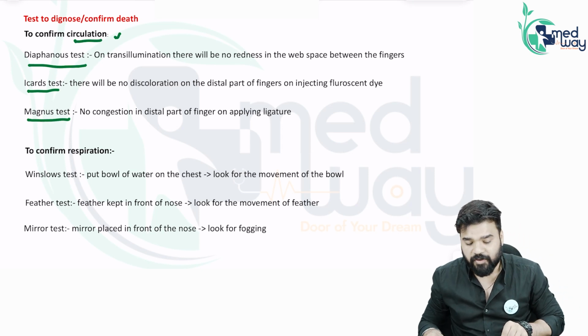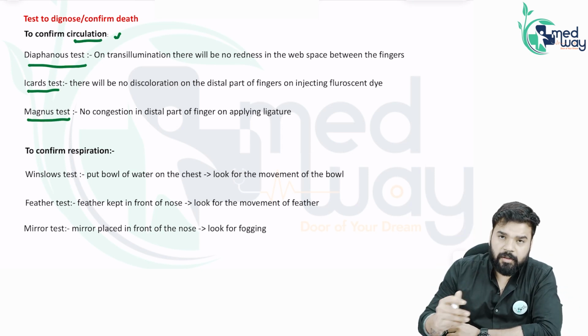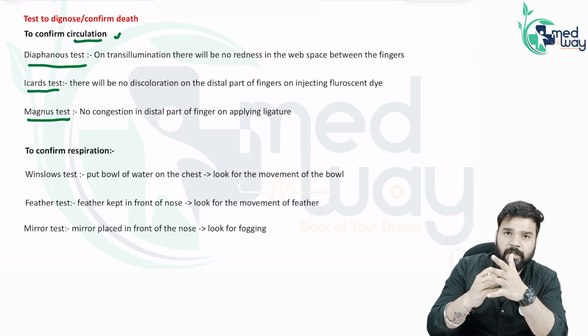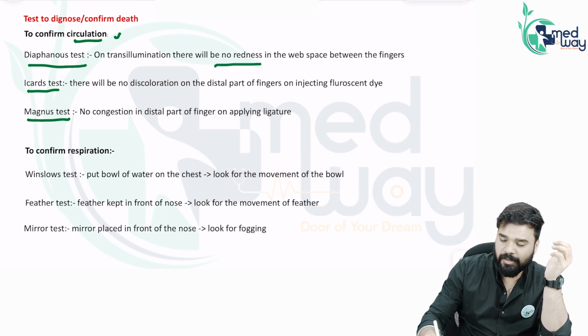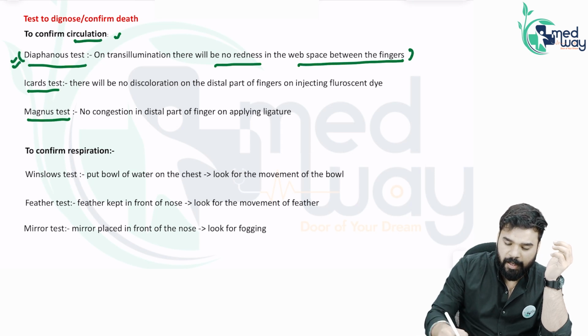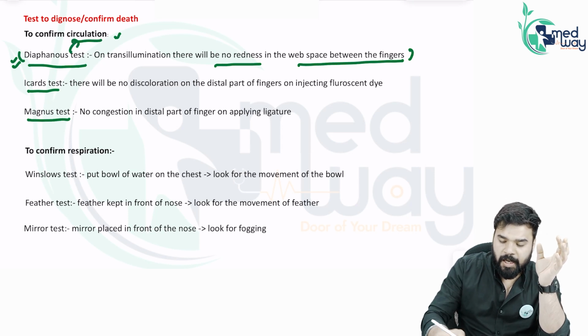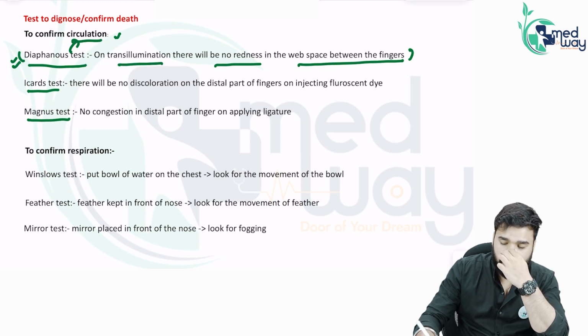So what is diaphanous test? Diaphanous test is on transillumination. When you give a light on the fingers, there will be no redness in the web space between the fingers. Just remember the name and remember the test, meaning how it is done. So diaphanous test is to confirm circulation, and on transillumination there will be no redness in the web space